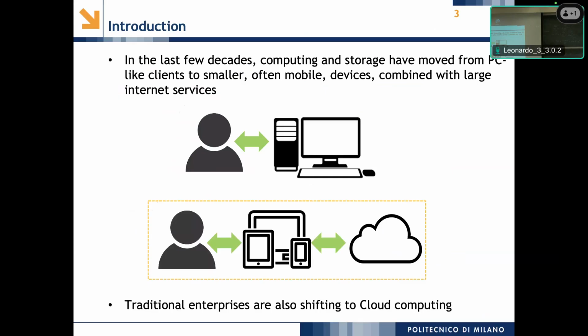But really, I have this application logic that is split, and so I usually run the UI even on mobile devices, on thin clients, and the application logic and the data are stored in data centers, remote data centers, or nowadays even in cloud computing. Okay, that's the evolution: from monolithic to at least three-layered applications, where the UI runs on mobile or thin clients, and the application logic and the data are executed remotely in a data center.